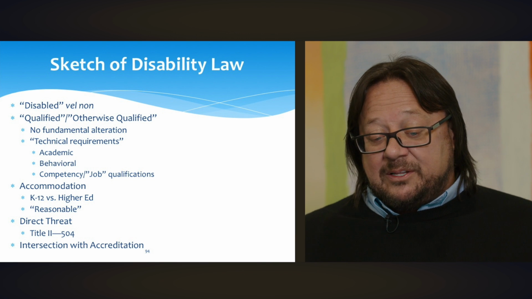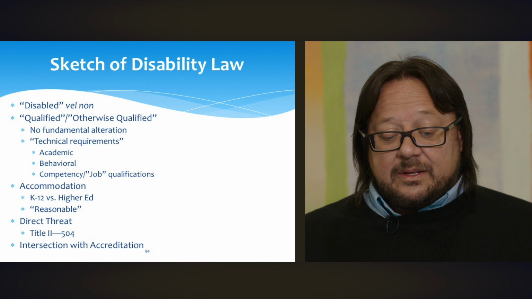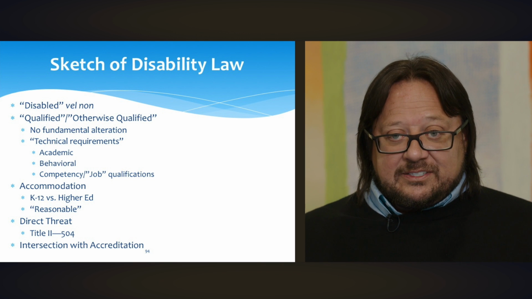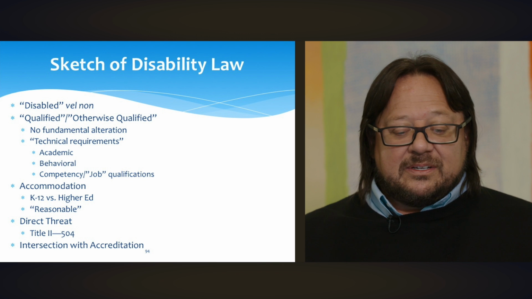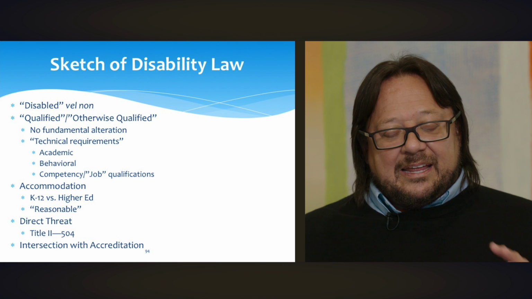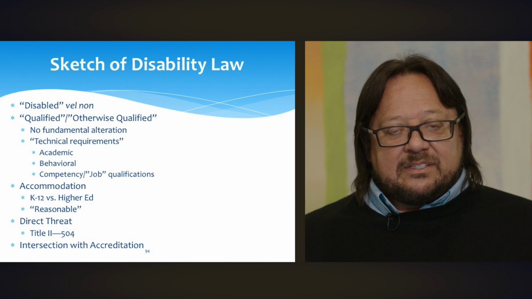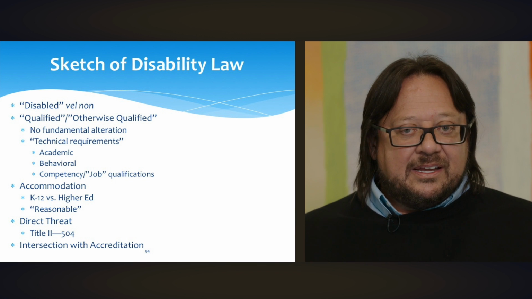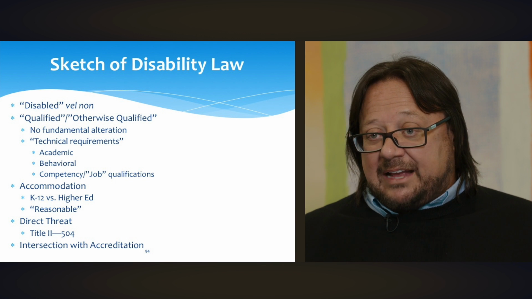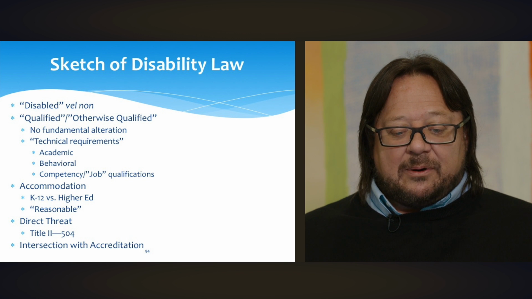If you are qualified or otherwise qualified and disabled, you're generally entitled to reasonable accommodation. Notice that this changes between K-12 and higher ed. In the K-12 system, accommodation guarantees outcomes. In higher ed, it only guarantees equality of opportunity. And many families and students are not prepared for this transition. They don't recognize the very significant legal change that occurs between the K-12 system and higher ed. And as a result, a lot of people fall through the cracks. This is an avoidable issue, a trap that we can work on with our education power.